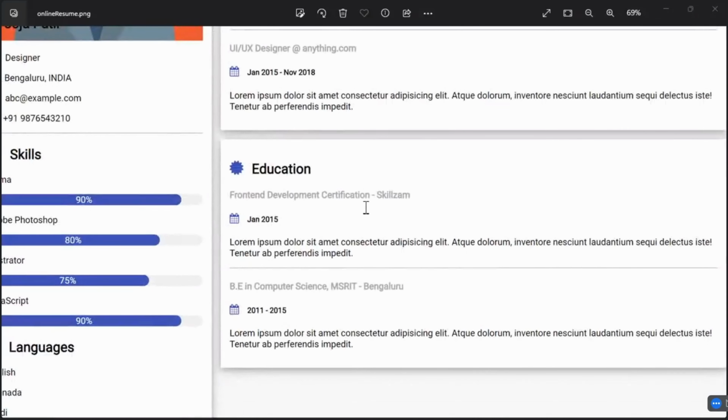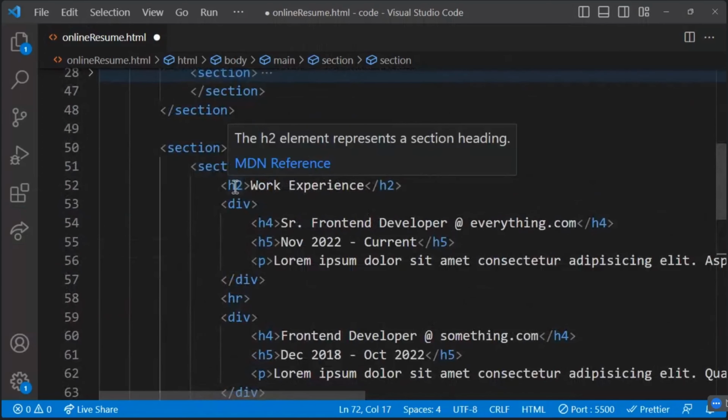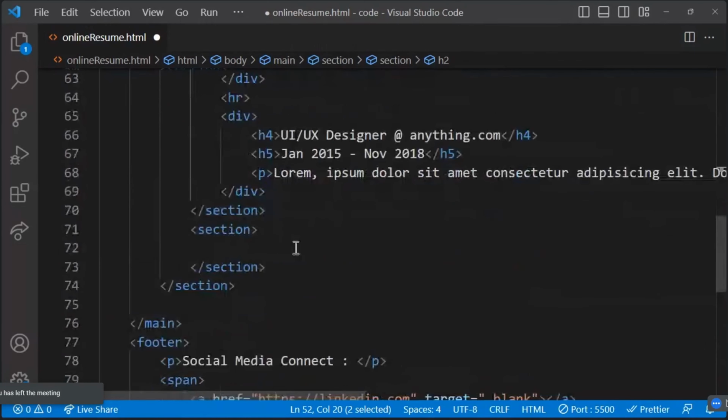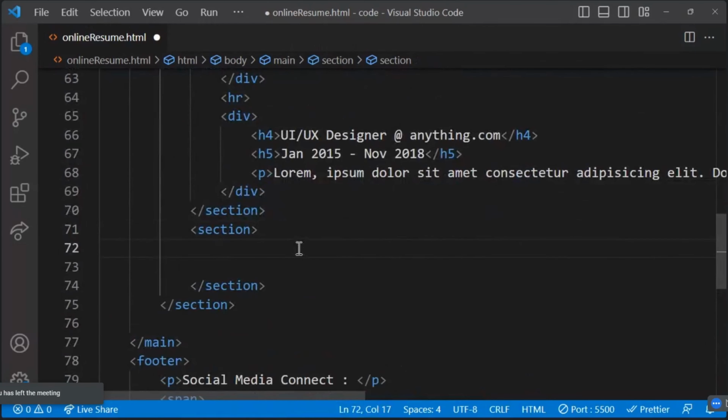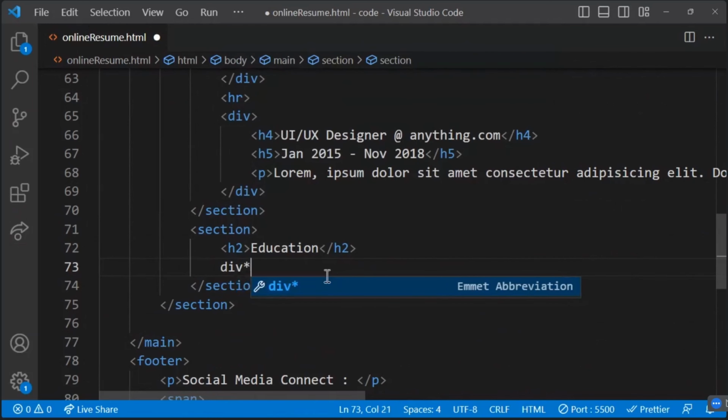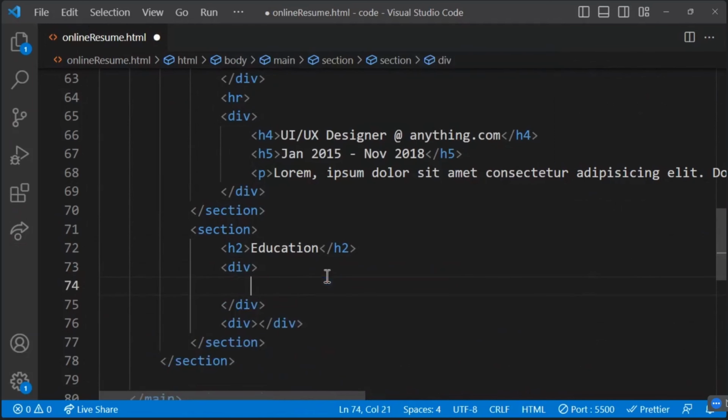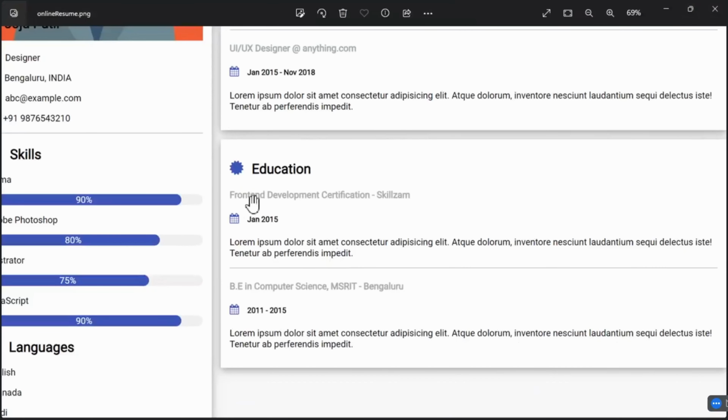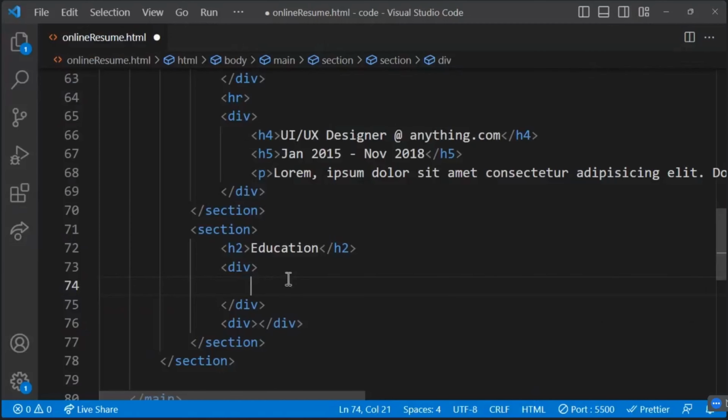Now this is the section, this is the same h2 tag I'm going to use, like the way I've used for work experience. The same h2 tag, we'll use it for education. And then there are two divs that I can add, like the way we have seen, div start 2, which will add two divs. And this div contains what, guys? Front end development certification from skillsam, that I can give as h4 tag,